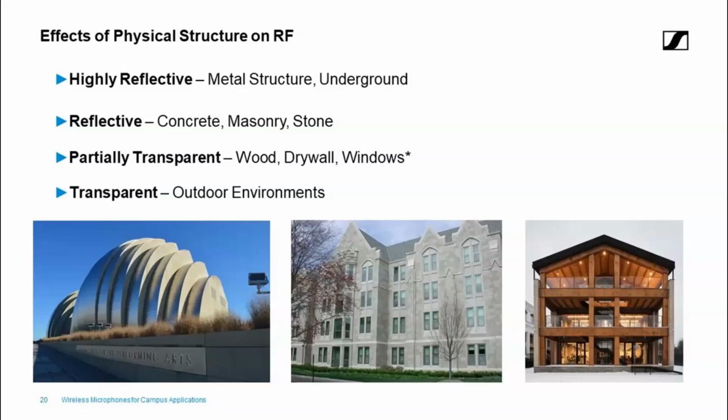And of course, outdoors, it's pretty much line of sight for the most part in terms of interference. If you are going to have a festival or you're going to have an outdoor stadium, just be aware that transmissions happening there will travel pretty far and can get close to or inside of a building that may be nearby. So as you think about wavelengths, and as you think about wave propagation, think about the structure of the buildings and where you can take advantage of some of these buildings and how they can block RF and allow you to operate in a room without interference.